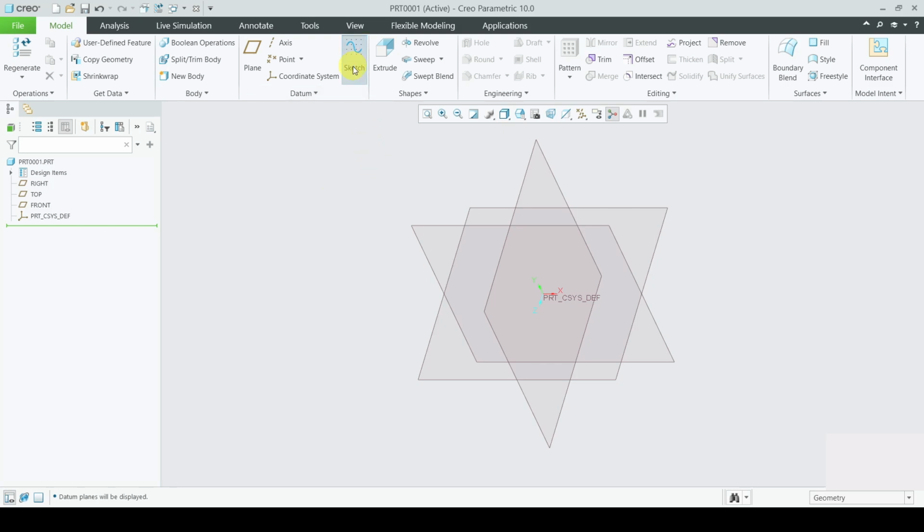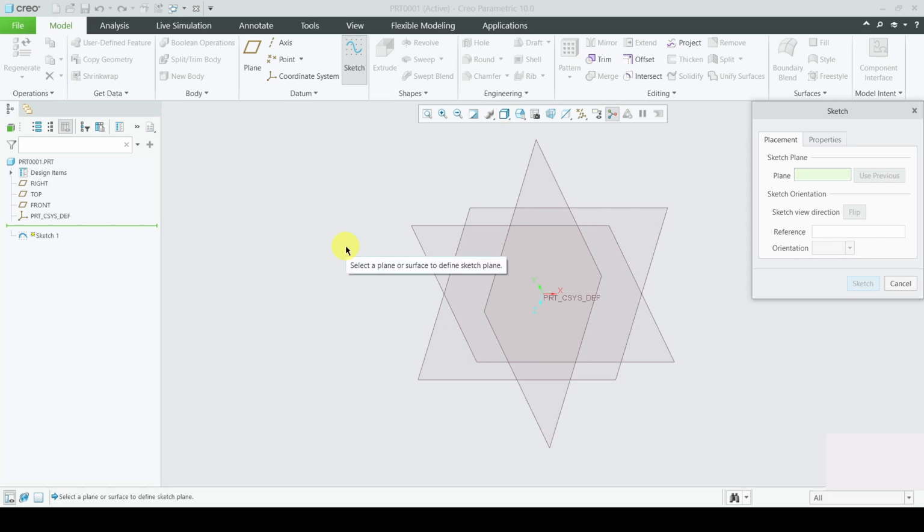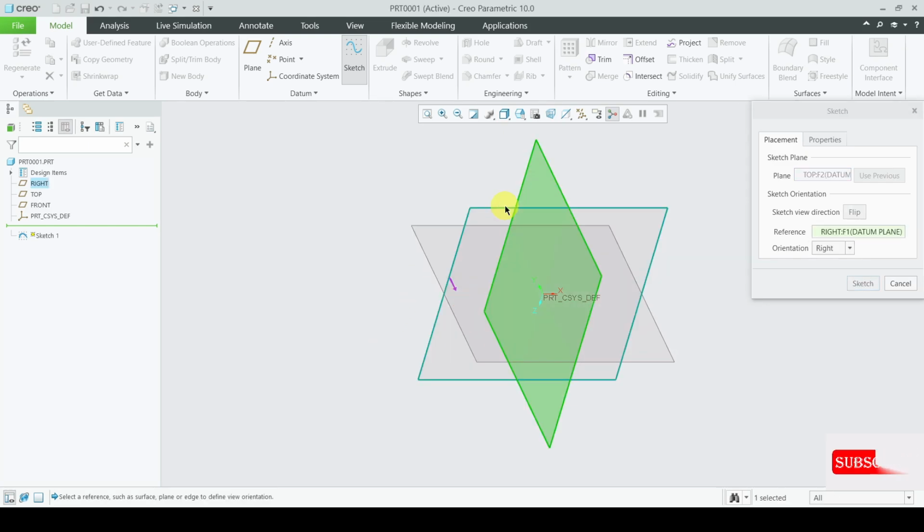Okay, so we will start with a sketch, because you need to have a sketch out of which you will create an extrude feature or a revolve feature or any other sort of thing. Okay, so we will start with the top plane. When you select this top plane, it becomes your drawing board on which you will draw the sketch. Now this right plane, which has been turned into green color,